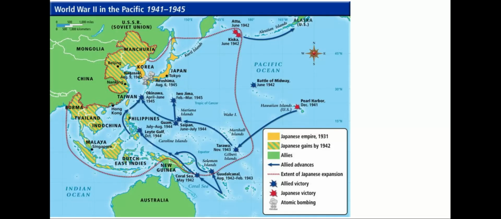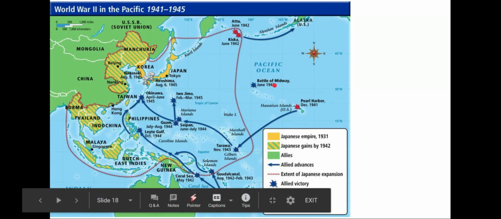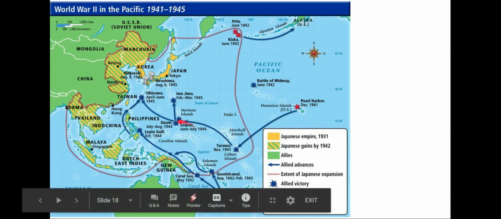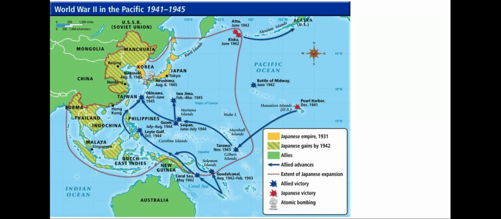Here's a map of the Pacific Theater. We do see that the Japanese are growing their empire and their influence throughout the beginning of the war. Here is that Battle of Midway right here. And lots of different island hopping that was done because you're having to deal with, obviously, the geography of the Pacific being lots of islands. And what is your strategy going to be for that when you can't conduct a massive land invasion? And they also have on this map the 2 atomic bombs that were dropped on Japan.